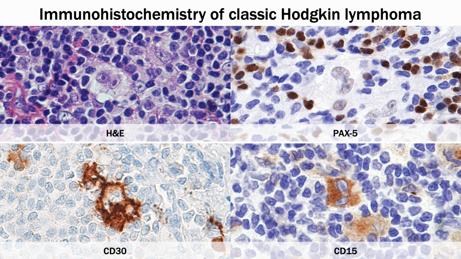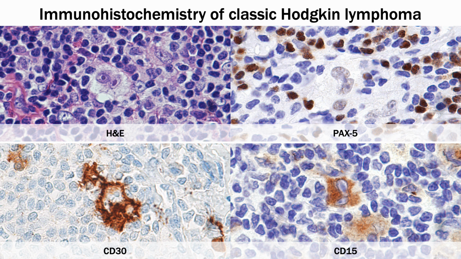One of the more complicated things about hematopathology is the level of detail in which we assess combinations of protein expression. So, for example, here we have a case of classic Hodgkin lymphoma, which has this large Reed-Sternberg cell, the ally cell, and in immunohistochemistry, brown is positive and light blue is negative. So this Reed-Sternberg cell expresses CD30 in a membrane and Golgi pattern. It co-expresses CD15, and it has this dim PAX5, so you can see that there's a faint brown in the nucleus there. And so when we put that whole thing together, we end up with a diagnosis of classic Hodgkin